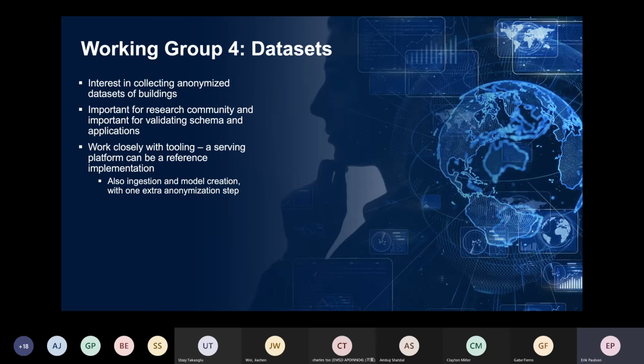We think this working group will work very closely with our tooling working group. We think that potentially some of the serving infrastructure, if it turns out that the way to do this is to create a serving infrastructure to serve up these anonymous data sets, the same platform might be useful not for serving public anonymized data, but for serving data for an organization internally.